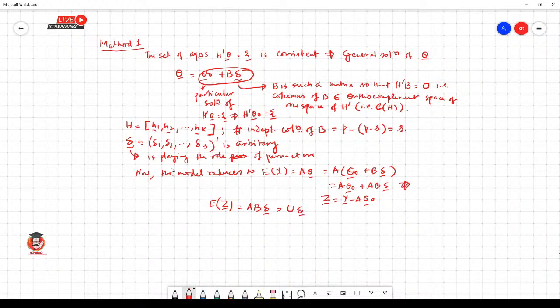See that, actually we say delta curl is playing the role of parameters because of this reason. Now under this transformation model, the parameters are delta curl. So dispersion of z curl is equal to dispersion of y curl minus A theta naught curl, which is dispersion of y curl equal to sigma square I. So therefore the model